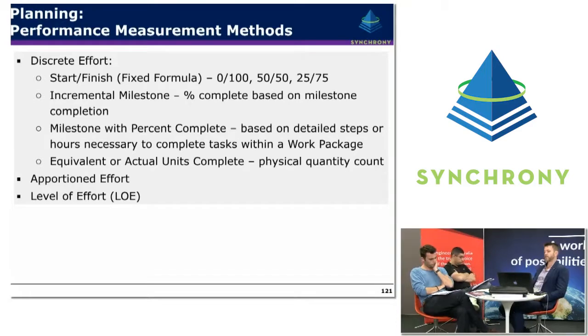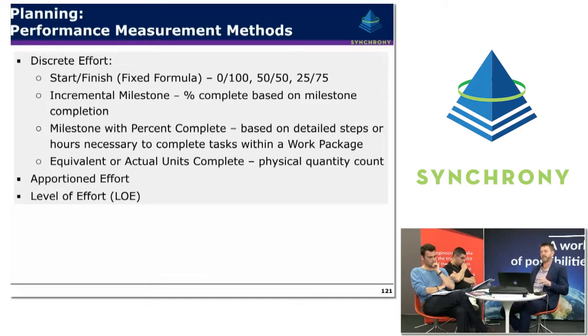Firstly, discrete effort. So discrete effort is typically for finite, well-defined, quantifiable tasks. So construction tasks being the simplest example. So if there's known quantities, if you have an approved for construction drawing, it's fairly easy to have a takeoff and a very specific quantity-based measurement system that you can use.